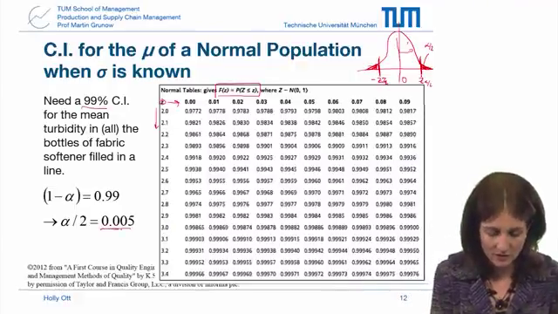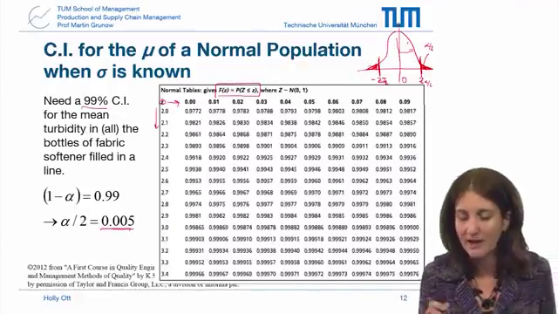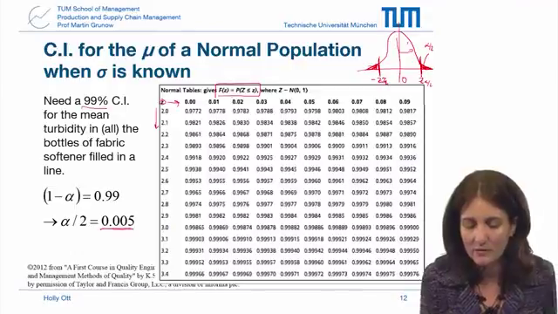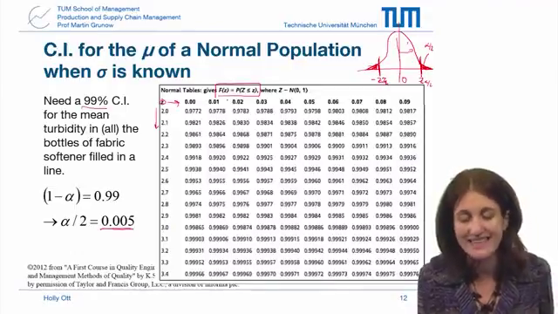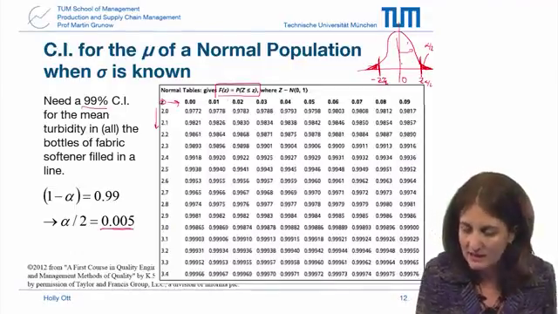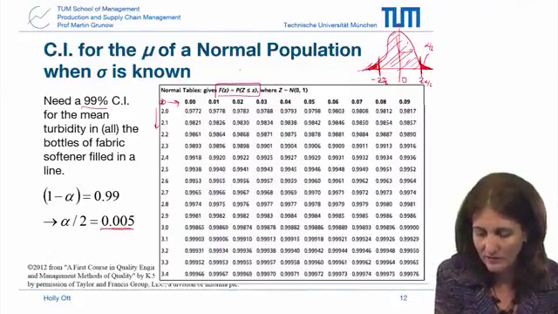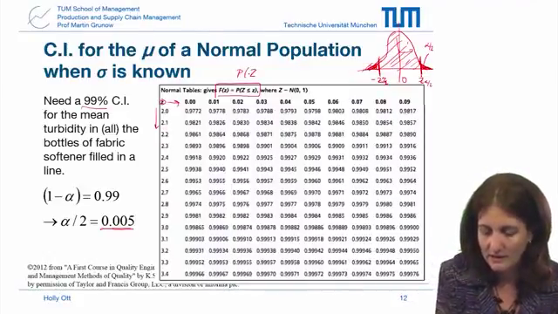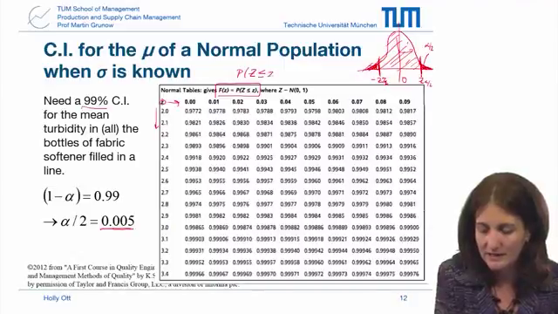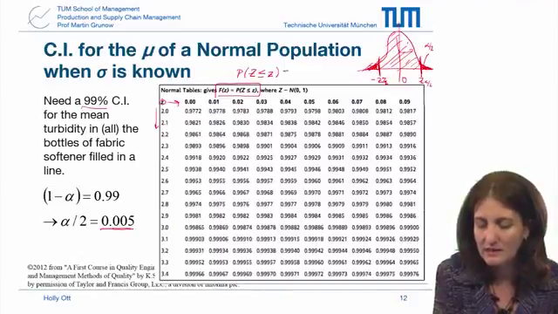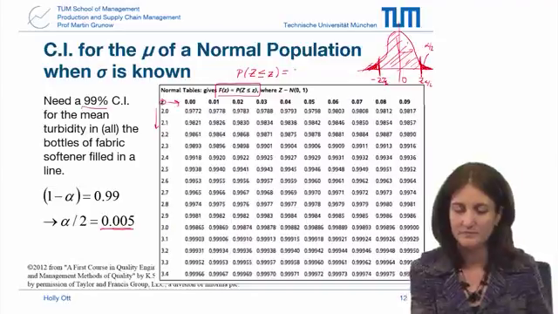So alpha over 2 is here 0.005. But this table gives the probability that the random variable is less than or equal to z, so this table will give us this entire probability here. What we're looking for then is the probability that random variable z is less than or equal to z is going to be equal to